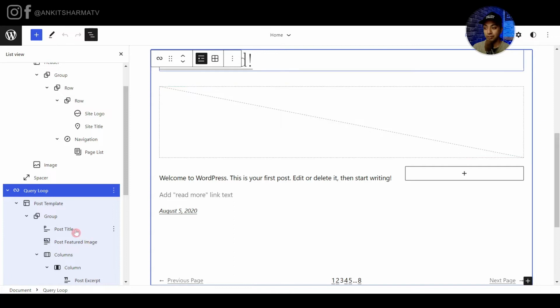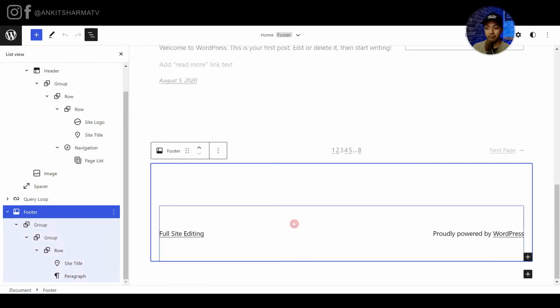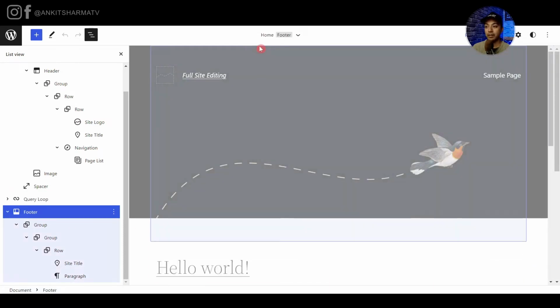And using these Gutenberg blocks, we can design our complete website theme. And after this query loop, at the very bottom, we have our footer. So right now we are under home page, where this all header, footer, and main content template is laid out. So we can either edit the template right here to design our homepage, or we can create our very own custom header, custom footer, and the main content area, and then combine all these small template parts to create our